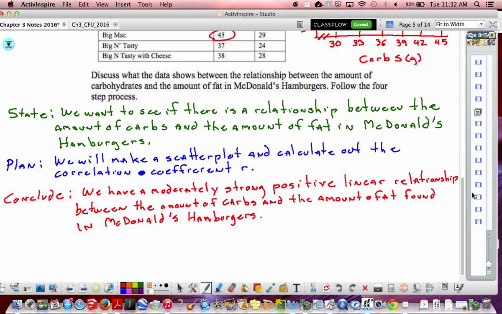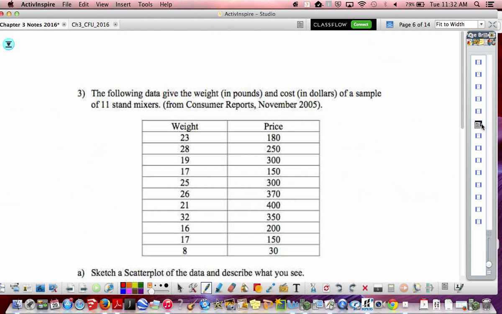All right, we're going to run through one more example that's really going to show you some of the key features of correlation and how correlation can definitely impact and change what's going on. Okay. All right, so if you flip to the next page,